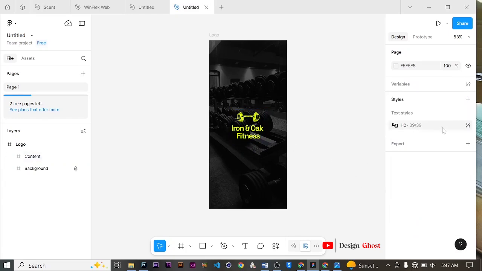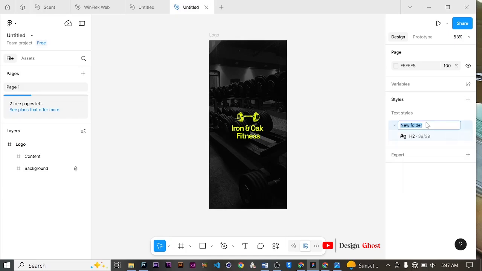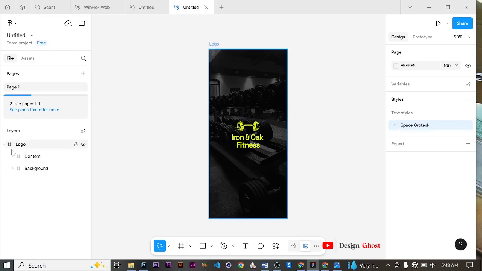But before we continue, we are going to create a folder, and we are going to name it the name of the font we are using, Space Grotesk. This way, when we share our files with anybody or invite anybody to edit, the person will be able to know the particular font we are using to edit our work. So all our fonts, we are going to use this same font style, and they are all going to fall under this folder. So I can unlock this layer